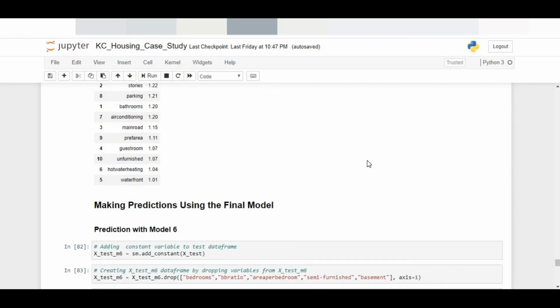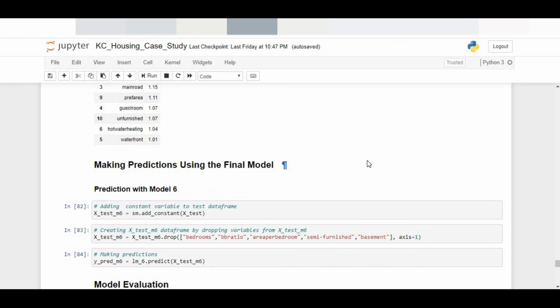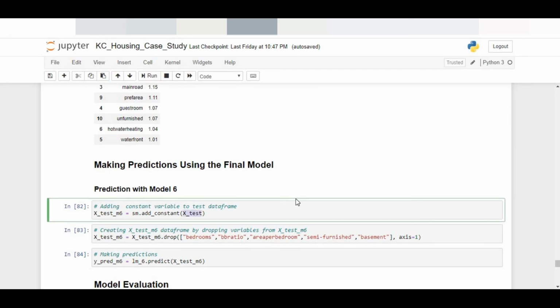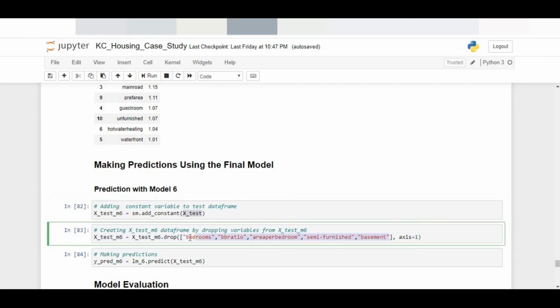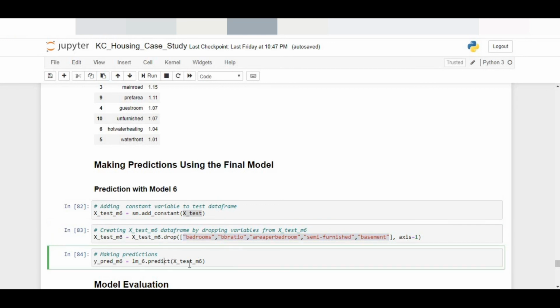Okay, I would take this as my final model, and I would like to make predictions for the houses in the testing data set, for example, the test data set which I had split earlier, the 30% of it. I would drop the variables which I found are not significant, and then try to predict with the new variables.